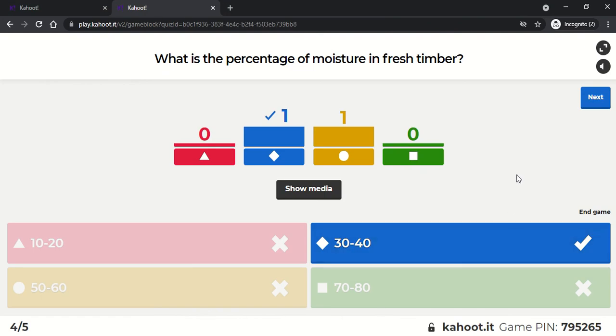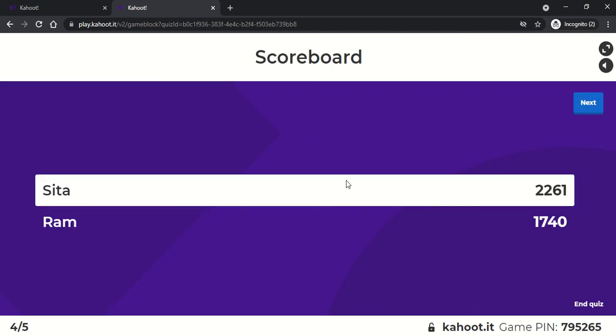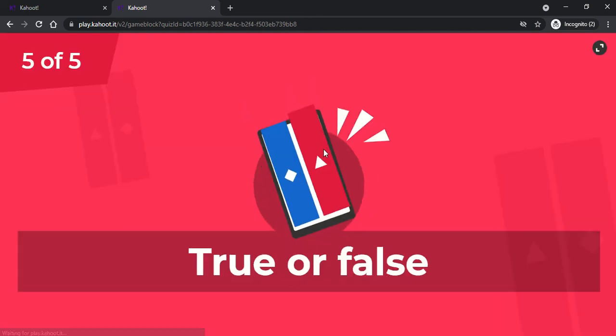So if you see here, once the 20 seconds are completed, you can see here very clearly. So one of them answered blue color, one of them answered yellow color, means one of them gave the correct answer, so it's showing a tick mark. One of them has shown the wrong answer here, like this. And again go for next.